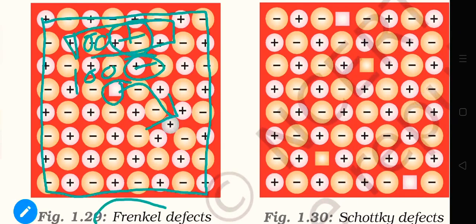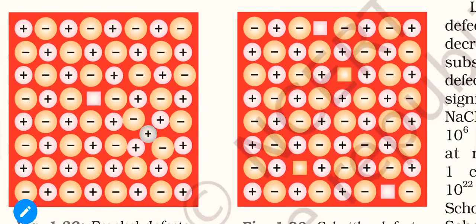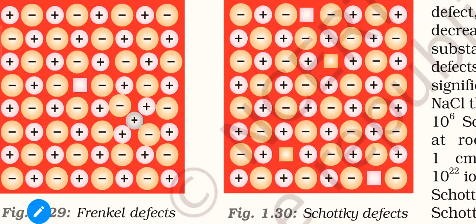Now let us move on to Schottky defect. In Schottky defect, as we can see, we will create some vacancies, but as mentioned earlier, we always have to keep in mind that neutrality must be maintained. That's why if one positive ion is removed from any of its sites, then you have to remove one negative ion as well to maintain neutrality. This type of effect is seen in Schottky defect.